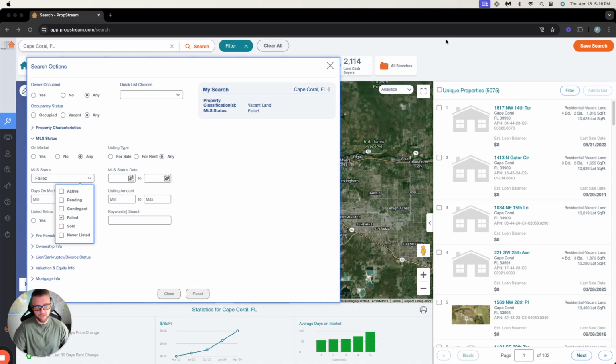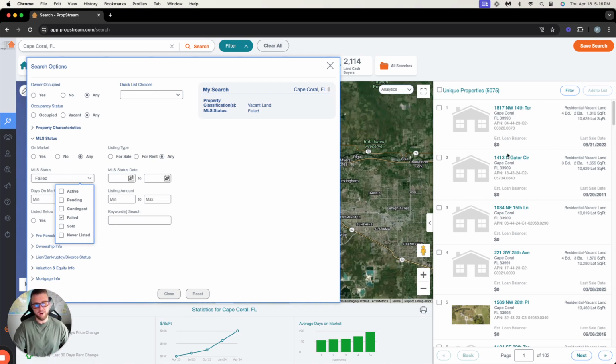So these people feel hopeless, and a lot of times when it failed on market, it's either that it was overpriced or it was a bad listing. Sometimes you can go into a listing and you'll see no pictures and the description just says vacant land. You know, land doesn't always sell itself. It does if it's priced right. You could put a listing below market value in Cape Coral and just write land on it, and you're going to get so many phone calls. But it doesn't happen like that all the time, especially if it's priced at retail or above retail,